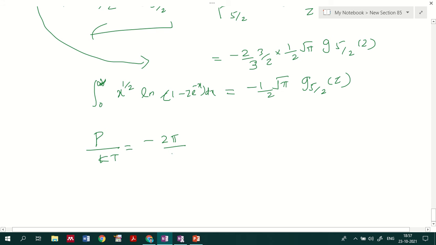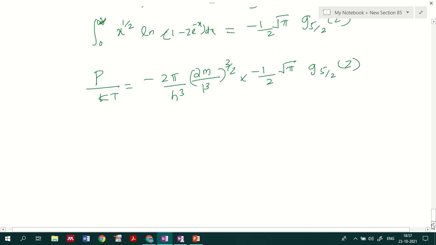Then you substituting back to minus 2 pi by h cube 2m divided by beta raised to 3 by 2, that we know, and we have to substitute the solution for this integral, that is minus 1 by 2 root pi into g raised to 5 by 2 of z, that is the Bose-Einstein function. Okay, now if you evaluating this one, then if you substitute that value corresponding to that, then you will be getting this is equal to p by kt. P by kt equal to